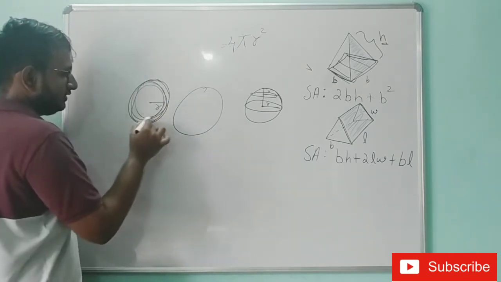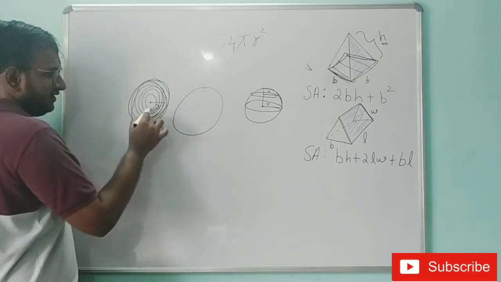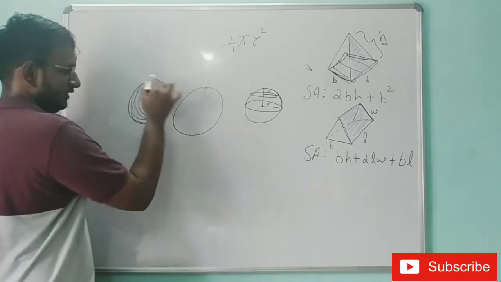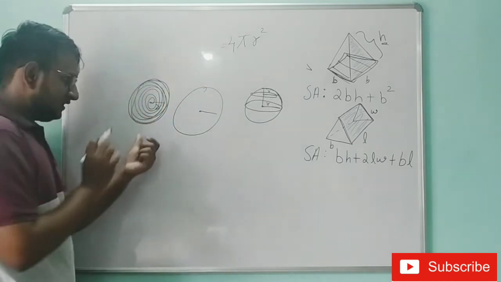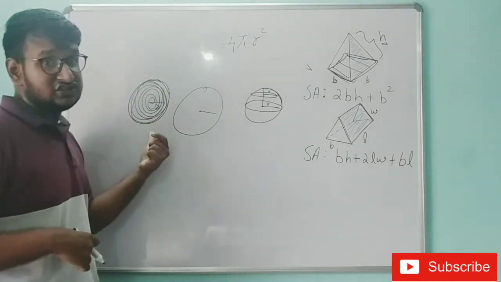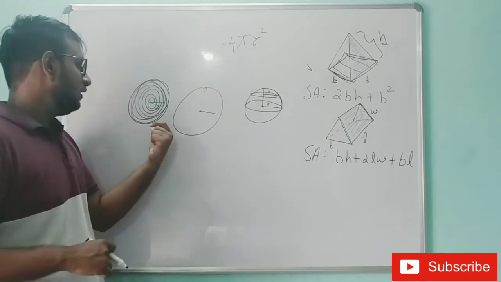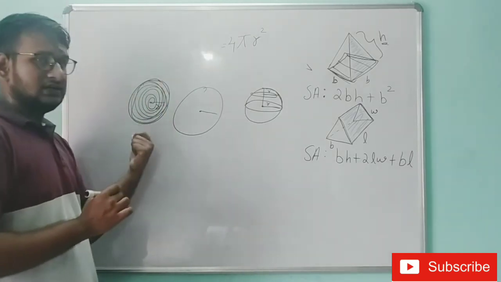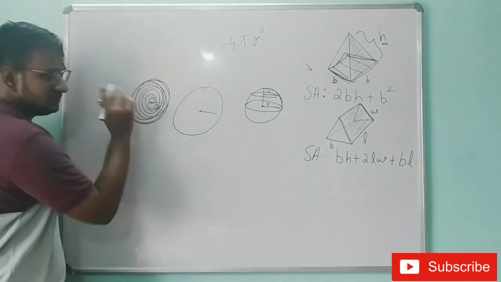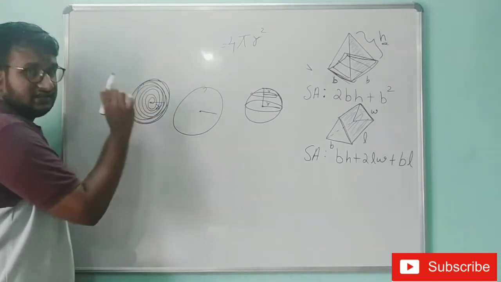I am going to spin that thread over here. Okay, and I am going to spin like this. I have spun a complete circle with radius R. This is a circle, this is not a sphere. This is 2D. So I am going to spin that thread over this circle and I will fill this circle with that thread.